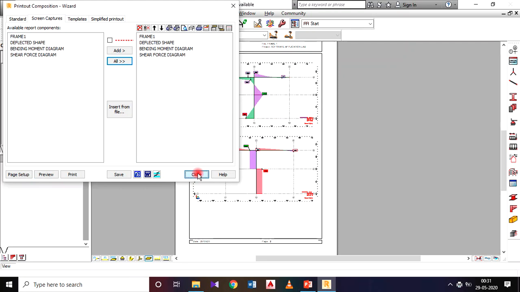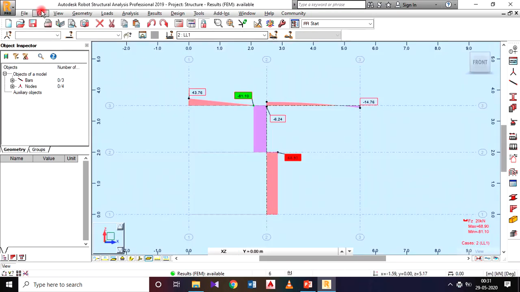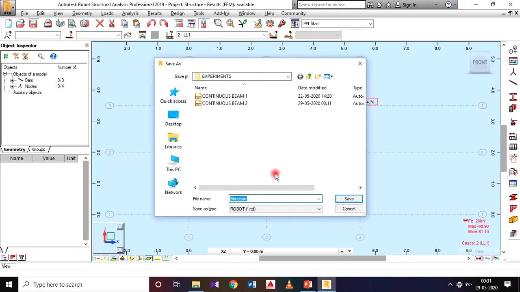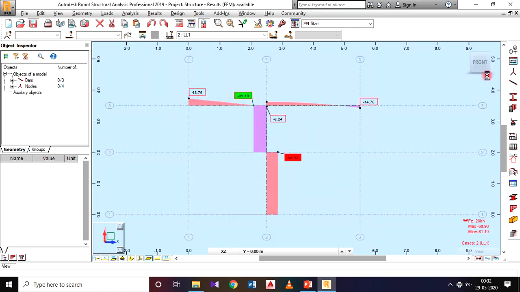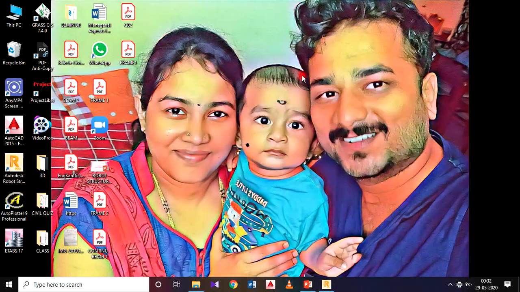So after this, close this one and you can save this file also. Okay, so I will save this one, save the project, and I will name it as frame 1 and save this file, and I will minimize this one also. So in this desktop I got the frame 1.